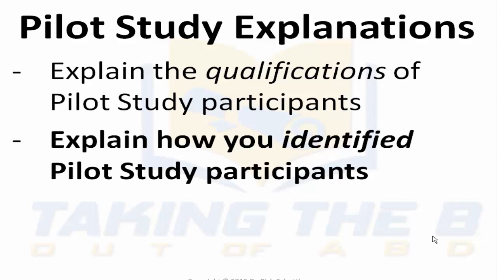Explain how you identified the pilot study participants. For example, if I had 400 people in the survey population, I may want to take the 400 people and put them in a randomizer and let a computer generate which ones I should go to first. Or you may pick every 3rd person until you get the amount of people that you want. Whatever the process is, it should be logical, it should be random, and it should be as such that the people involved in your pilot study, as I mentioned before, are qualified to be in the pilot study, but also part of your survey population.